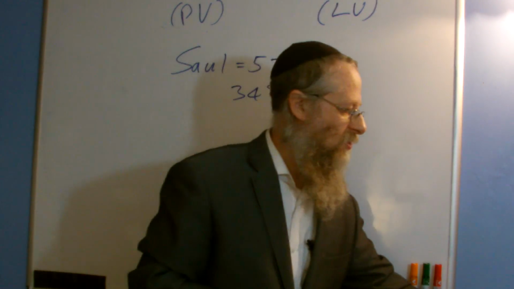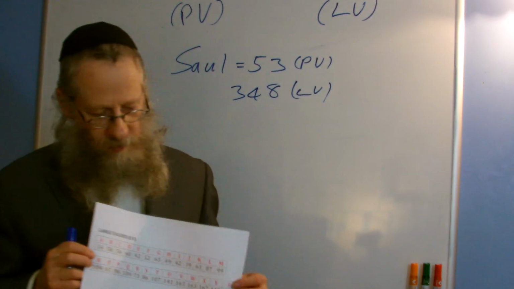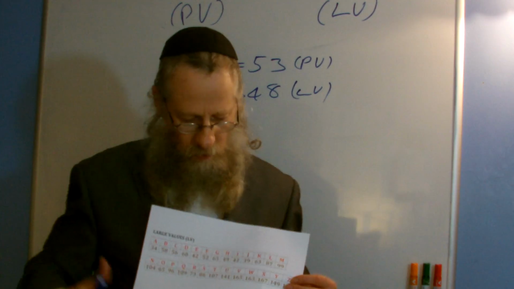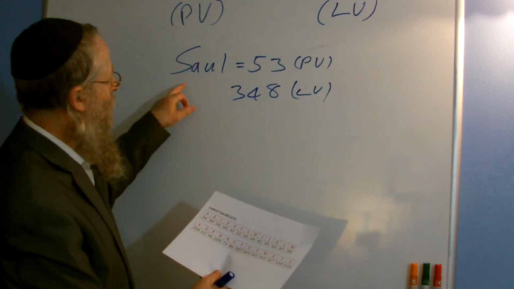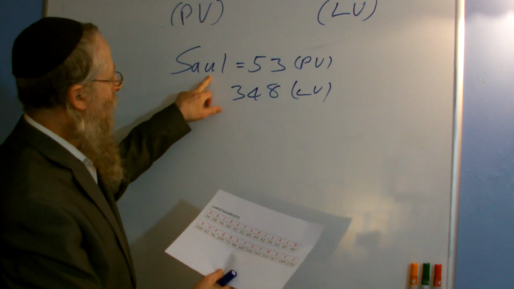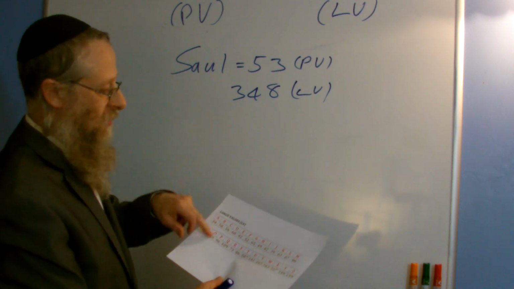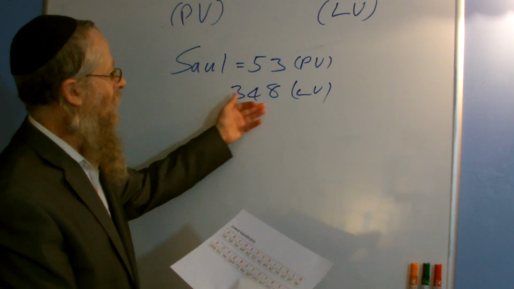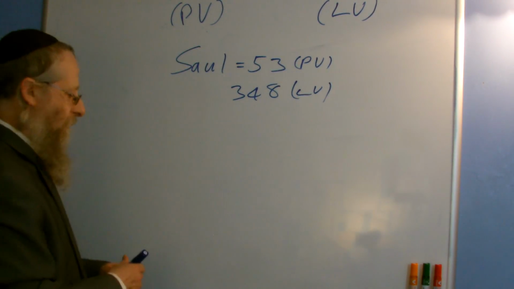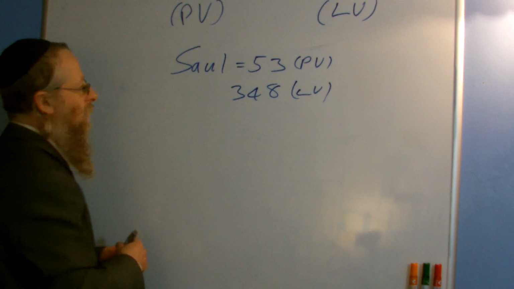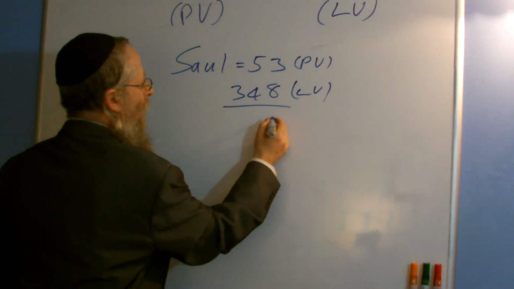You would need to have a chart and make this up so that you know what the values are. You've got S is 86, A is 34, U is 141, L is 87, and you add it together, you get 348. So you can check me out. Add those together, and you get